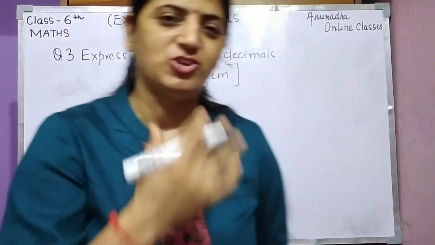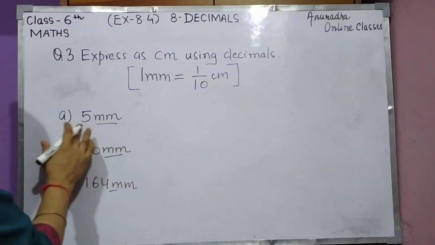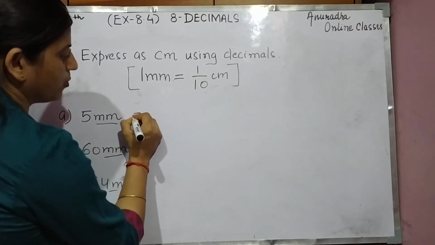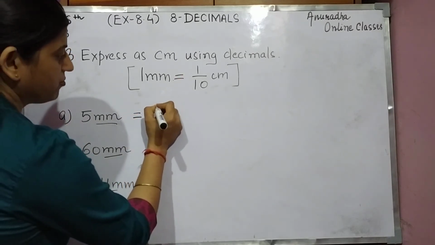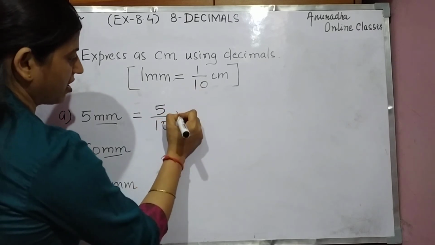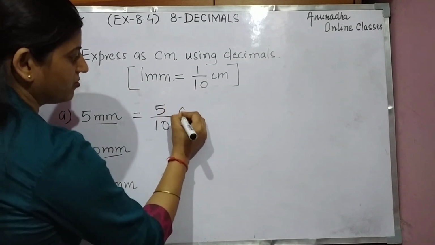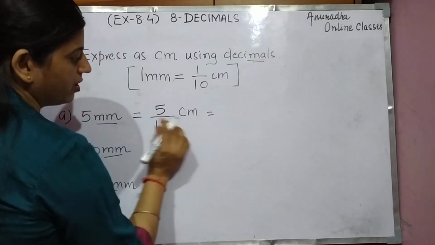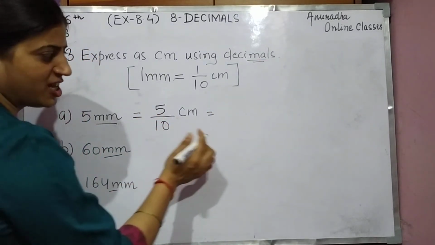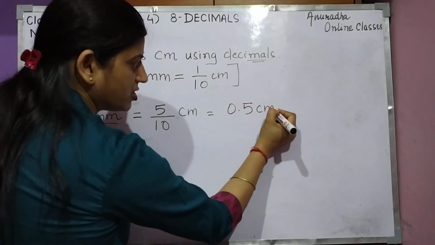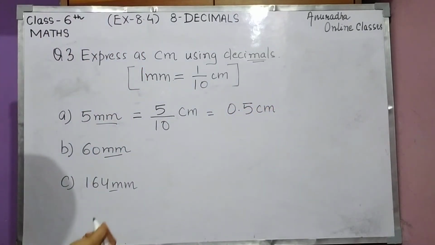smaller to bigger जाएंगे we are doing division. See, the very first part, that is 5 millimeter, this is equal to what? 5 divided by, किससे divide करेंगे? 10 से करेंगे and then it is converted into centimeter. हमें इसको किस में change करना है? Decimal बनाना है. तो 5 upon 10, 5 tenths, that means 0.5 centimeter. Right?